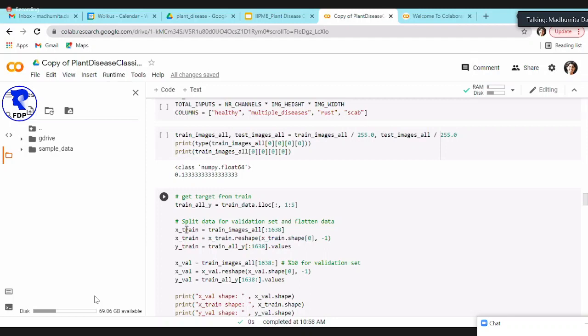And test data is something that is completely outside your training data. Suppose in real life, if I have these images, I would split into training and validation. Then once I'm happy with the result, I will productize this algorithm. Like I will run it in real life.